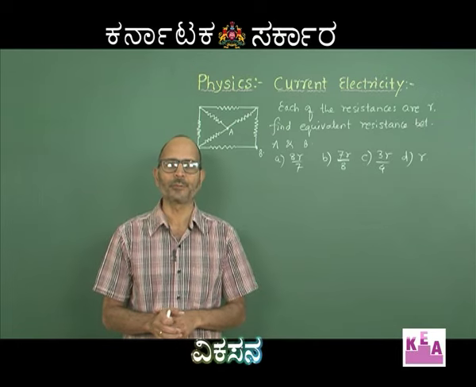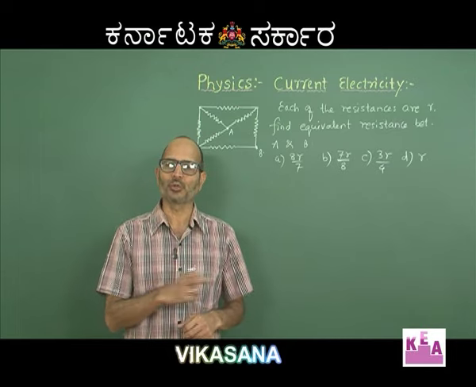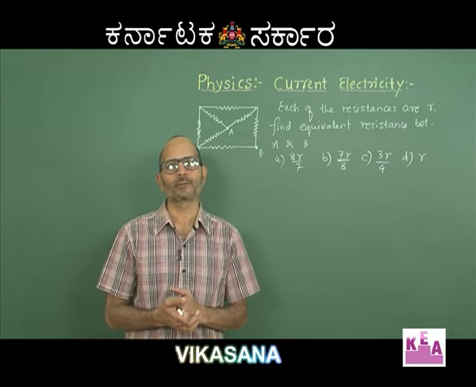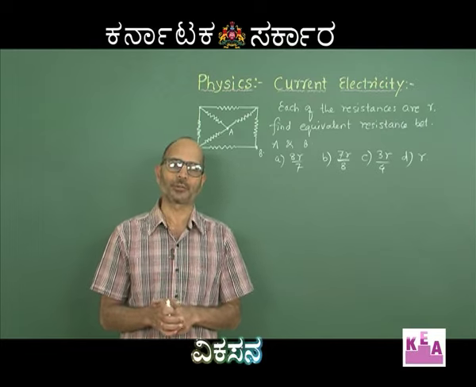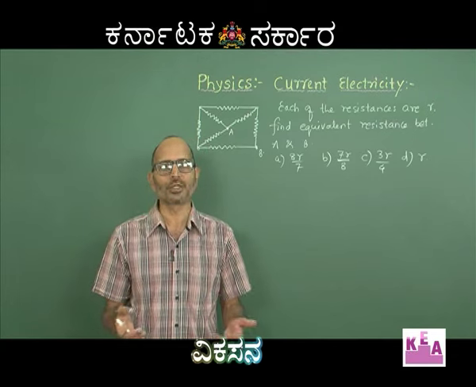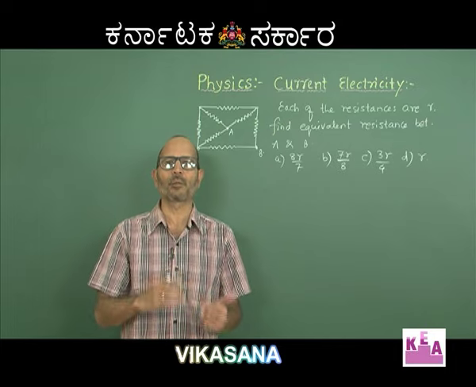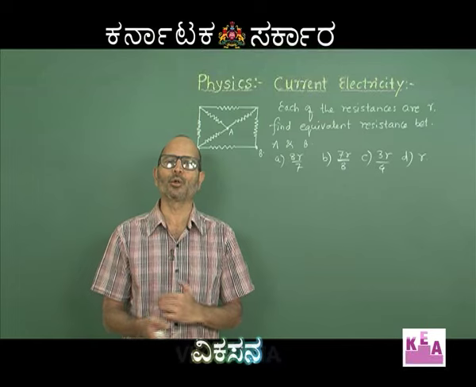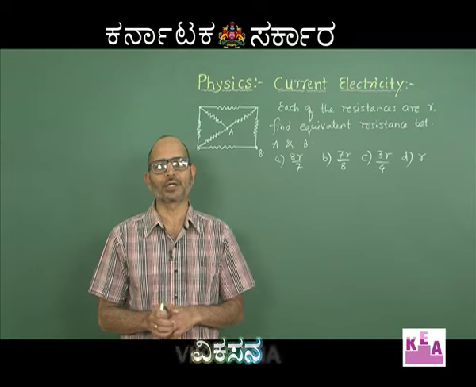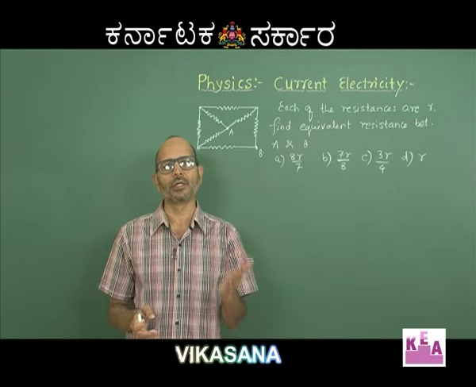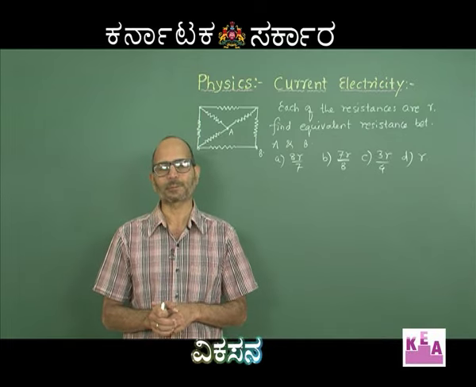Let me repeat the rule once again. If you are supposed to find out the equivalent resistance between A and B and the line joining AB itself is the line of symmetry. In the previous rule, the perpendicular bisector of the line joining AB was the line of symmetry. Here, the line AB itself is the line of symmetry. So, he suggests you to simply fold the network about that particular line and imagine the overlapping resistances to be in parallel. And we know that whenever 2 resistances are in parallel, their equivalent resistance is simply R1 R2 divided by R1 plus R2. So, we know how to club the resistances in parallel.